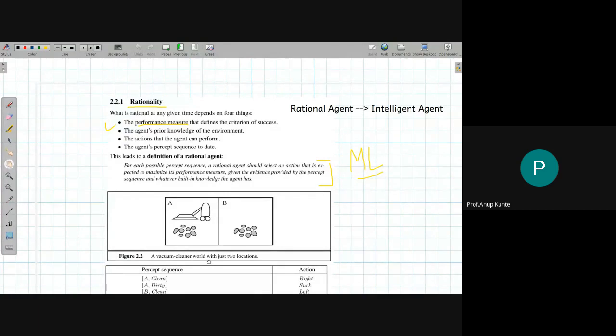One way to do it is using the table manner, which is impossible if you really want the agent to work rationally, because the percept sequence list is an infinite length list. There could be an infinite number of percept sequences that can be seen by an agent in its lifetime, and you may not be able to articulate everything. So you need to devise another way around, and that would be to represent the state of the environment inside the agent's mind using the percepts that the agent gets from the environment.